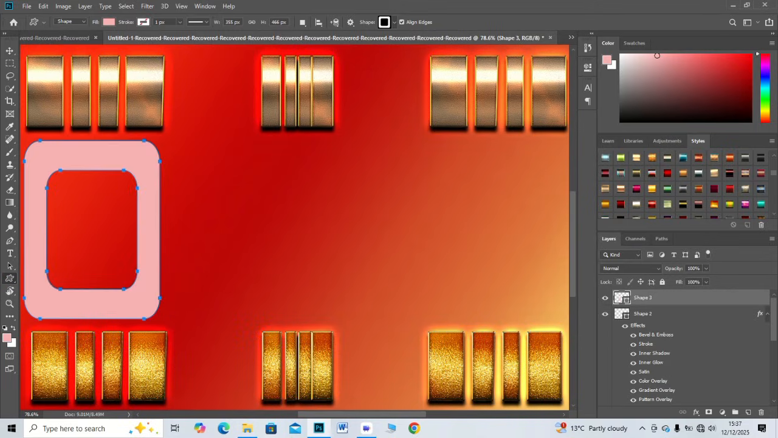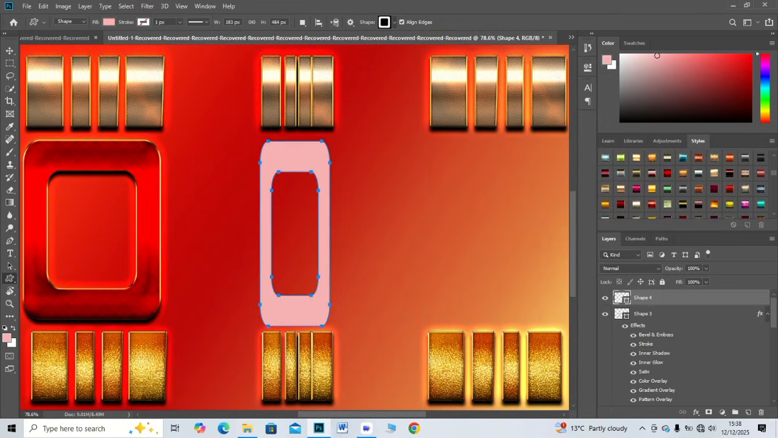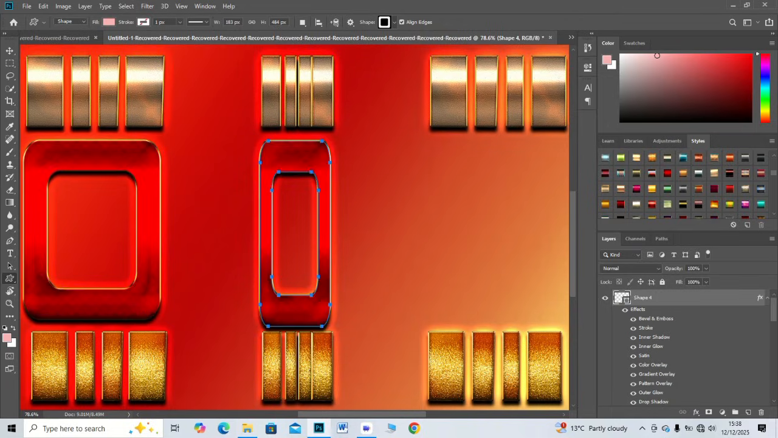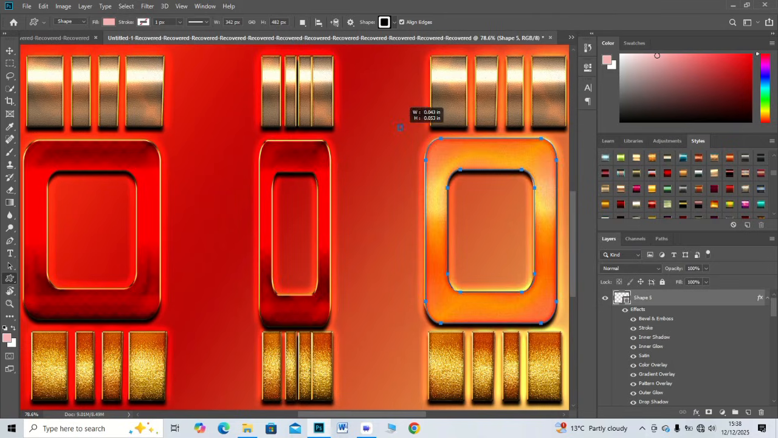Now go to the layer panel and double click the text layer. First turn on gradient overlay. Click the gradient bar and select dark to light colors. Adjust the angle to match top light directions. Now turn on inner shadow, lower